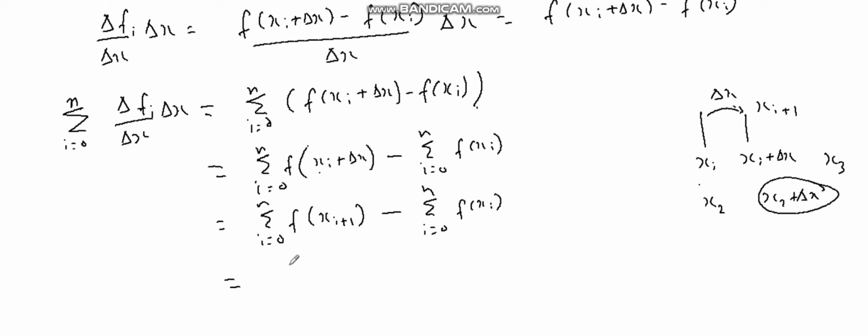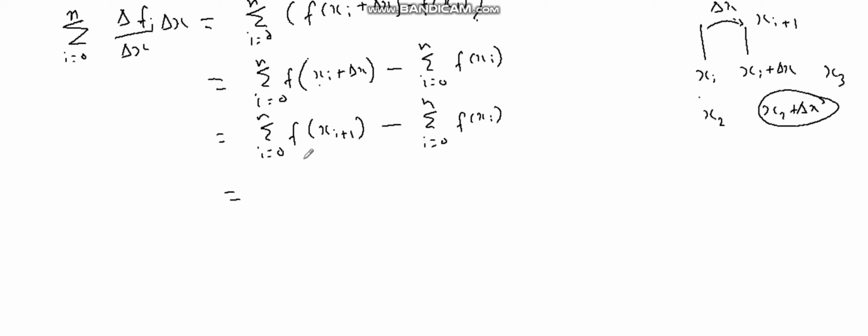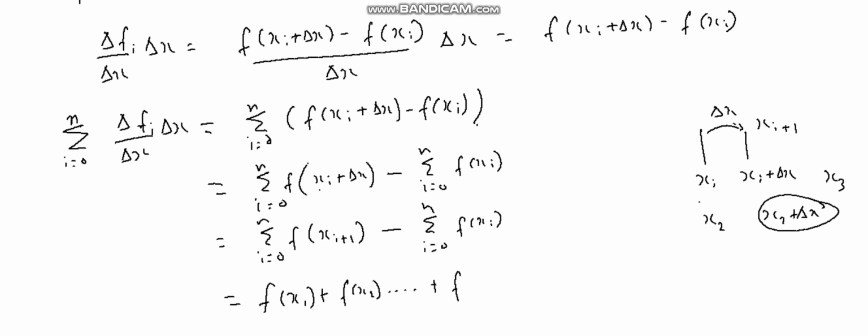Now, how will we write this? This can be written as f of x_i; if i equal to 0, then it is f of x1 plus f of x2 and the other terms, okay. And finally we're going to have this f of